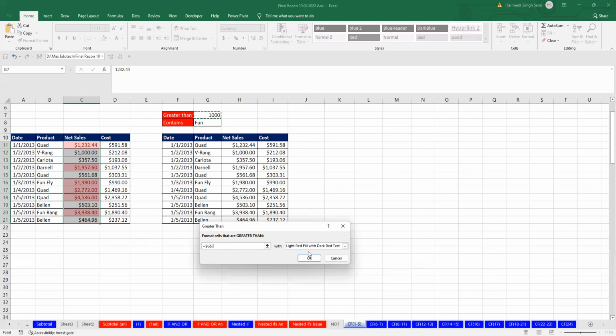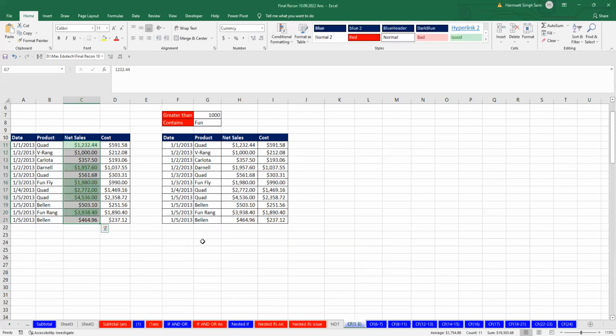तो आपको अगर वो नहीं चाहिए तो you have to specifically go and change it. आपको डॉलर साइन निकालना पड़ेगा अगर आपको नहीं चाहिए तो. Okay, in this case I want that particular cell to be locked, so I will keep it as it is, and I will go and say okay, give it a green fill with a green text, and I click on OK. Now again I'm getting the same cells highlighted, but if now I change my threshold from 1000 to 1500,